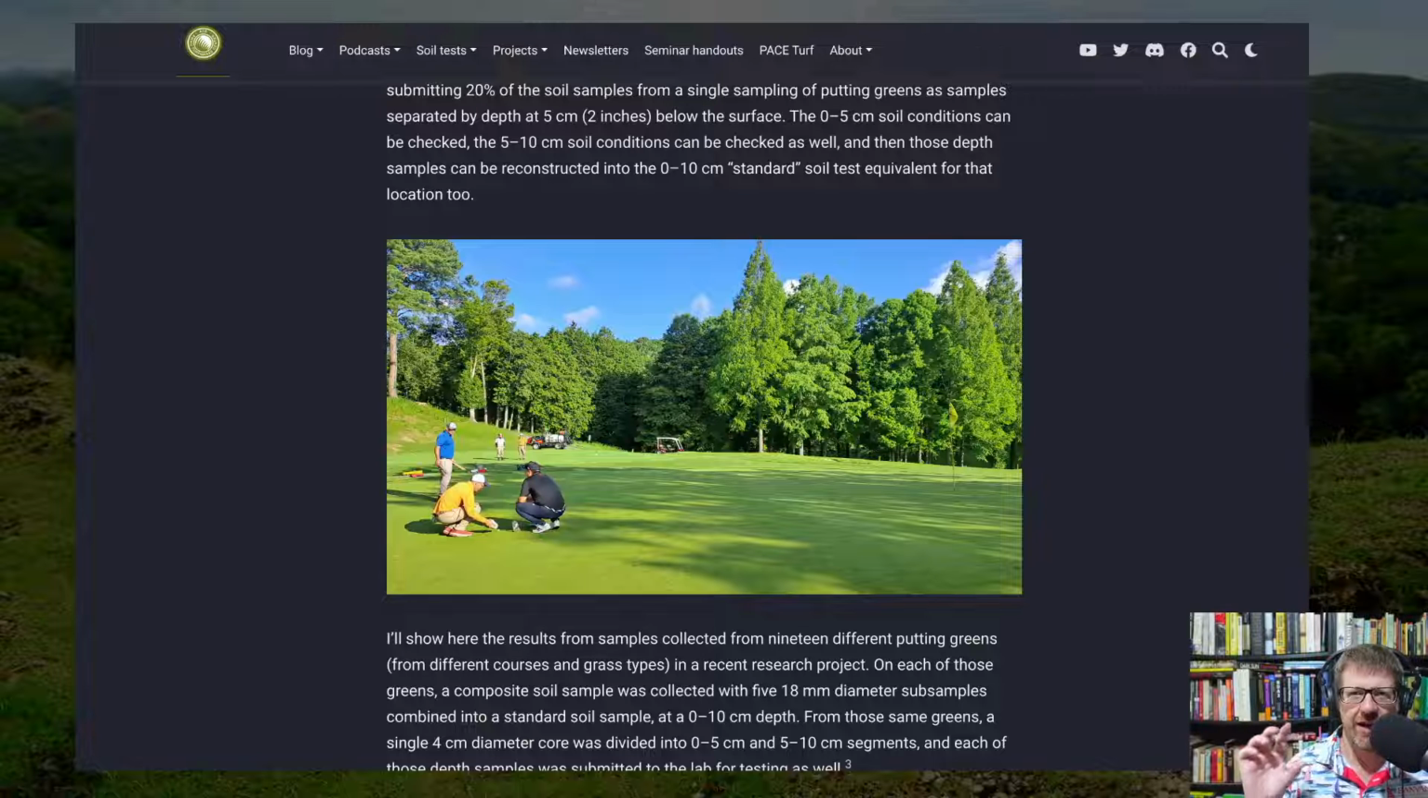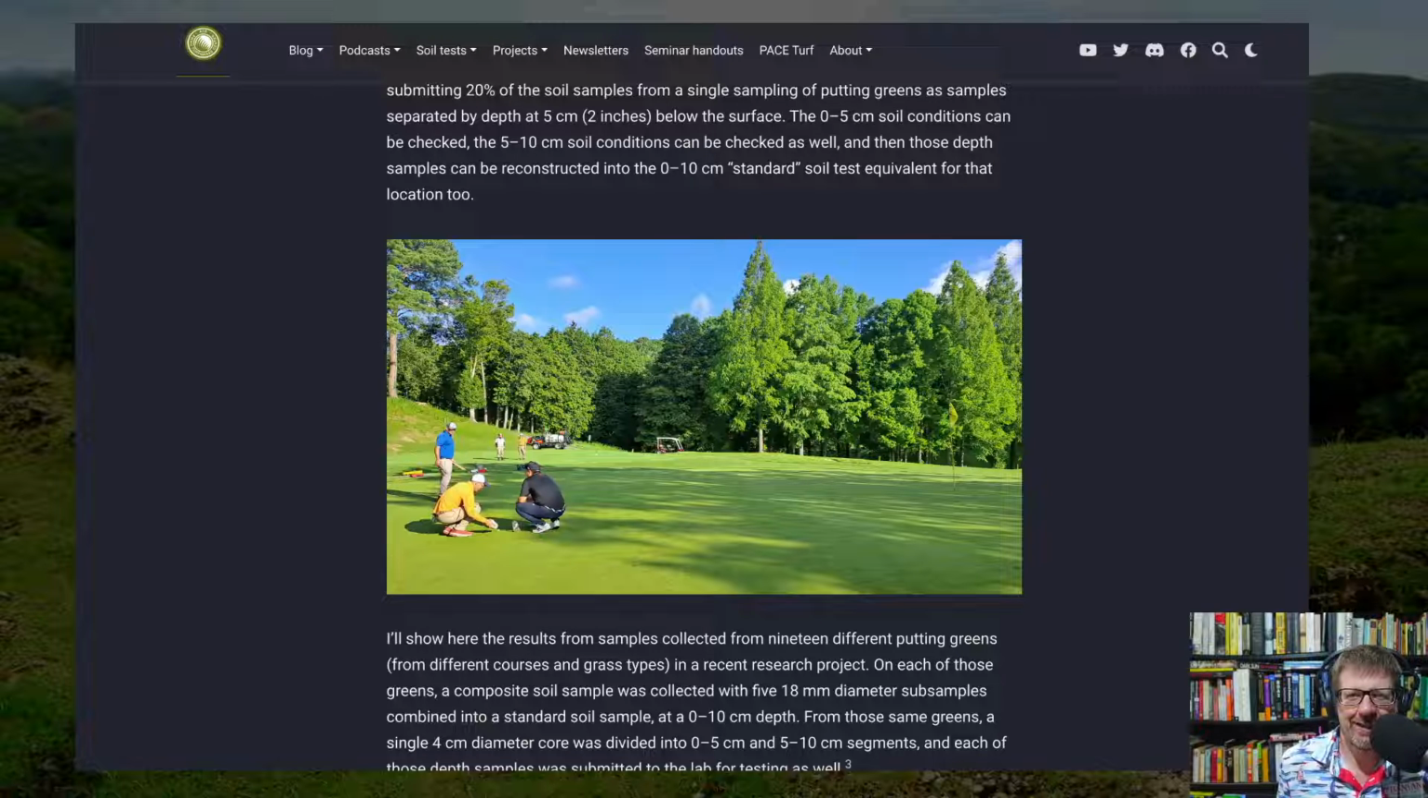So you're going to have a bad area sample, and it's going to be split in 2. The bad area sample is going to be a 0 to 5 centimeter depth sample and a 5 to 10 centimeter depth sample. And on that same green, I want you to go to the good area and take the good area sample and split it also, and look at the top 5 centimeters and the bottom 5 centimeters. And do that on multiple greens, please. So the superintendent did that,